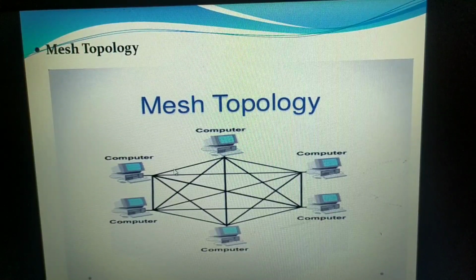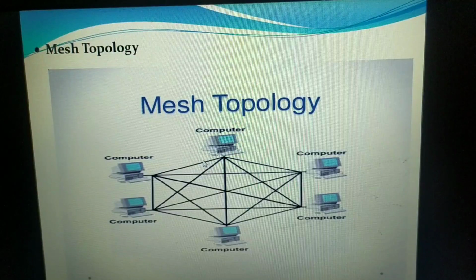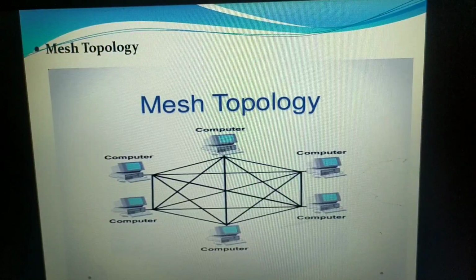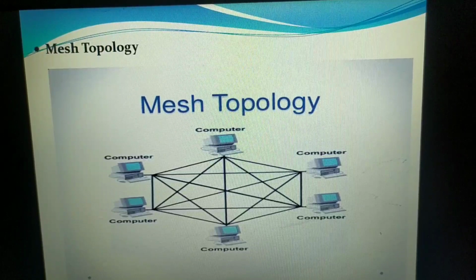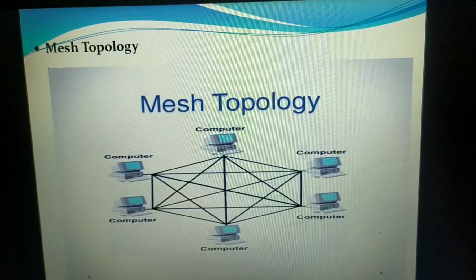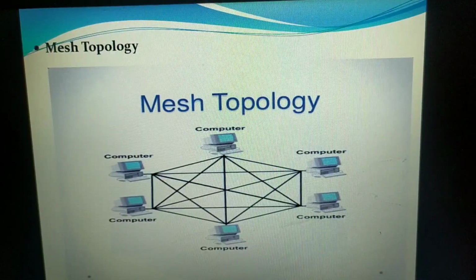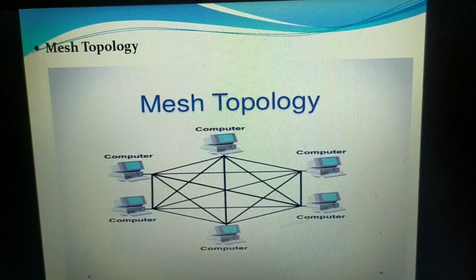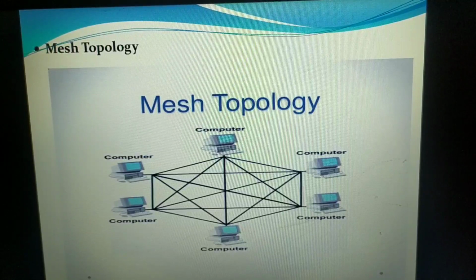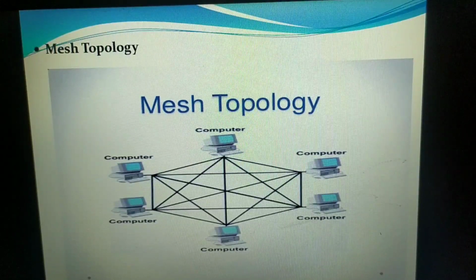In that case your destination will not send an acknowledgement to the sender, which we have already studied in TCP/IP. The transport layer of the sender will send an intimation to the destination before sending the actual data, saying that you are going to receive a packet of 400 KB. Once the data packet reaches, the transport layer at the destination will re-verify whether it has exactly received the 400 KB packet or not.